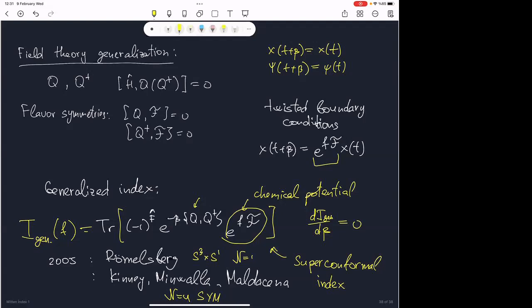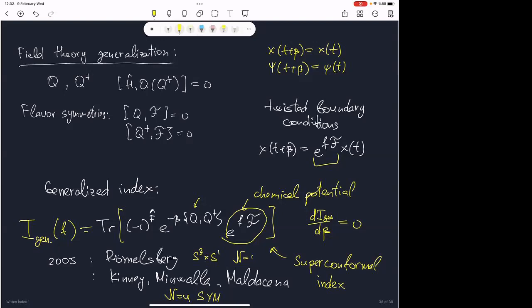Of course, it's not so easy to compute such an index in specific cases. In supersymmetric quantum mechanics it's easy to compute, since it's a similar computation. You can do this generalization also in supersymmetric quantum mechanics, and for many theories people computed it, and there are many results. But in the case of quantum field theory, it's not so easy. The first result, using exactly what we used in our example, path integrals,